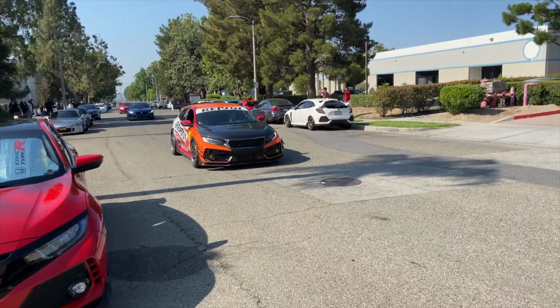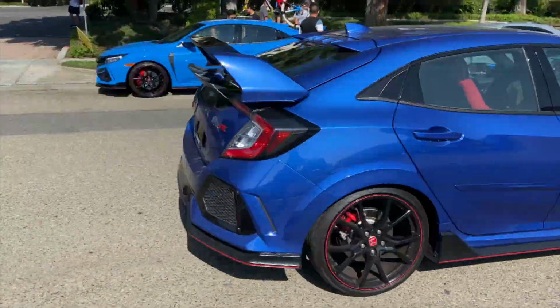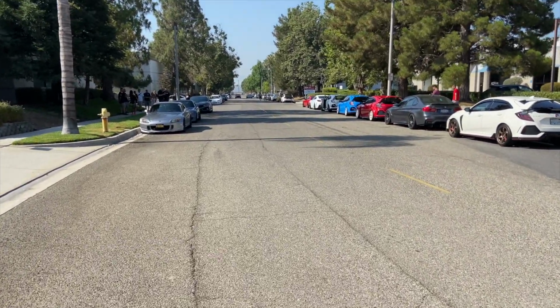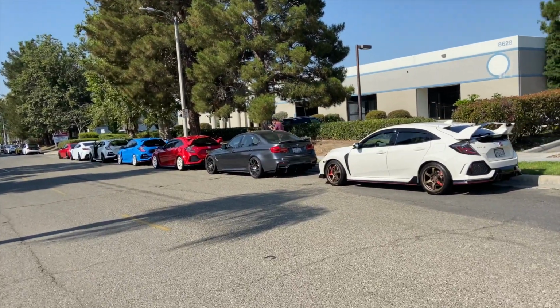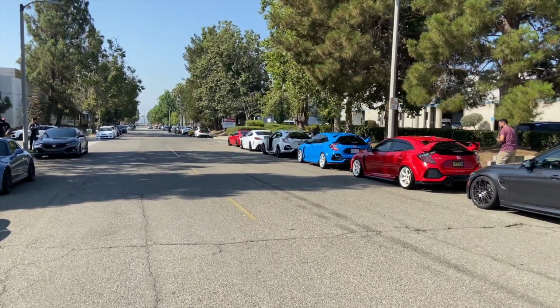What is this? Okay. It's loud, but that was a nice Type R. Stands out for sure in the sea of Type Rs that are here. There are some different other cars too, like you see that M3 right here. I think that's an F80, not super sure. Got a RCF right there,